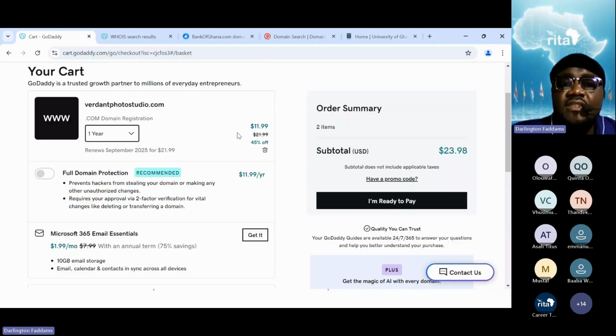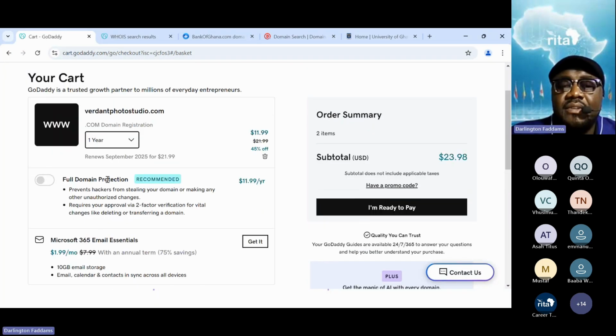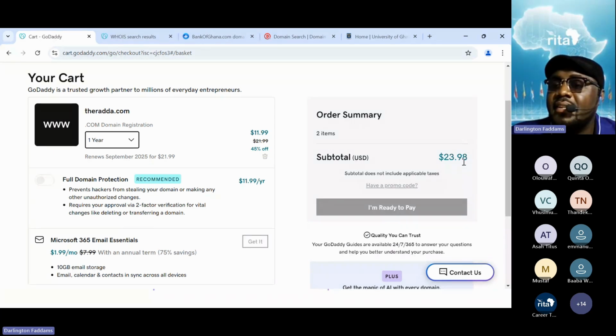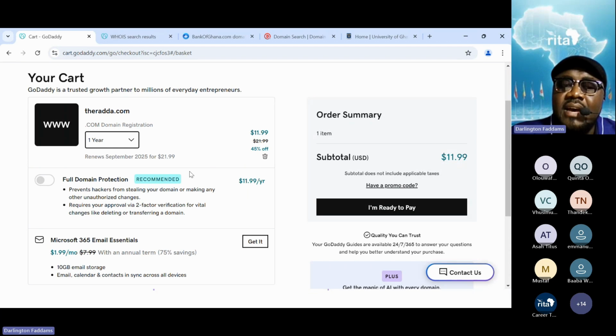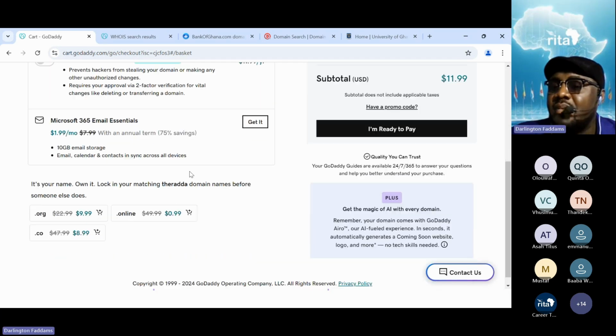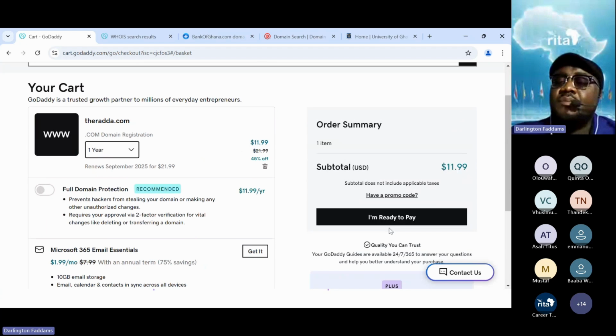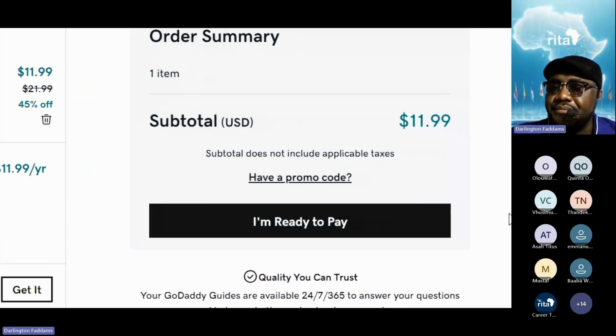And let's go here. We don't need this domain. So we're testing one domain in the morning. They kept it in the shopping cart till now. Let me remove it, because I'm seeing the price to be 23.98 and I want to remove it. So now I'll see the price I'm ready to pay. So if you're ready to pay, you click here, I'm ready to pay.